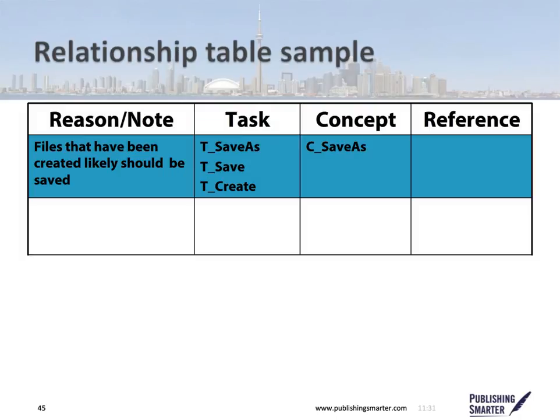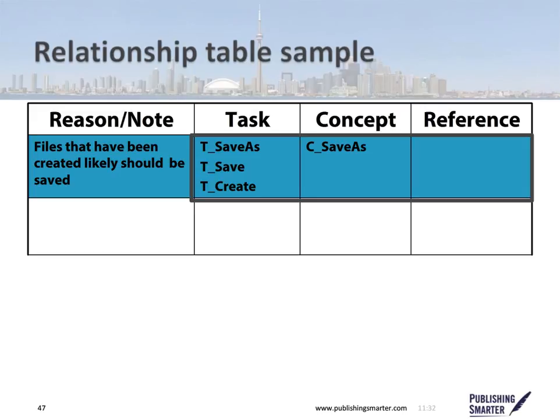Let's think about links. There's something called a relationship table. I talked about it earlier. Thinking about linking, I start to get to the idea that it would be easier if I could just have the system automatically build links for related information. So this relationship table starts that. In the relationship table, there are 3 tasks that are all inside the same cell. The task on save as, save, and create. That means that if this relationship table is used at the time of publish, then those 3 things link to each other. Pretty straightforward. I also have room inside the row for the concept of save as,